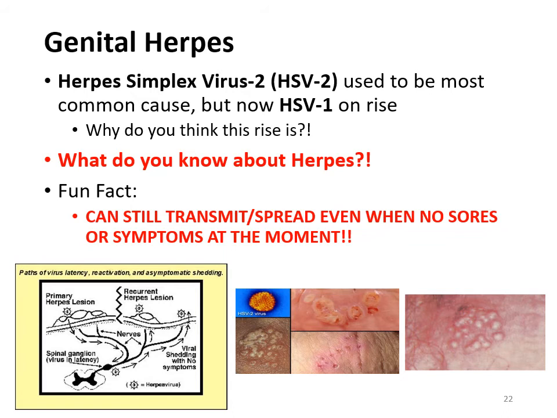Now, I do want to emphasize the fact that a lot of people have the misconception about the spread of herpes. You can get or give herpes even when no sores are present, no symptoms are present. So someone can look like they have no sores on their genital region or mouth, and you can still get an infection from them if they have it within their body.